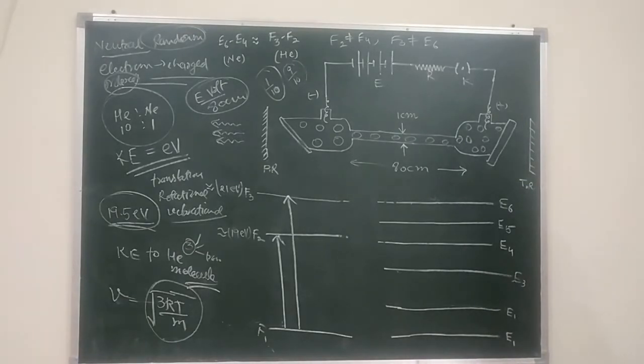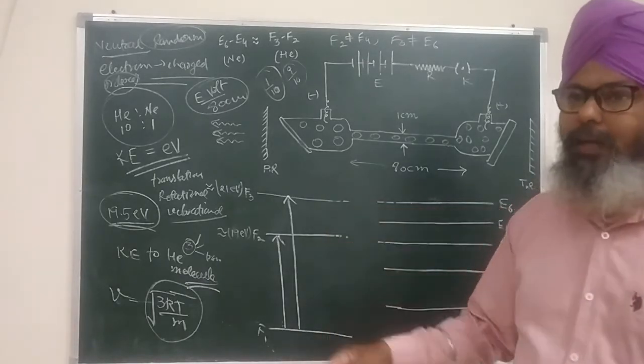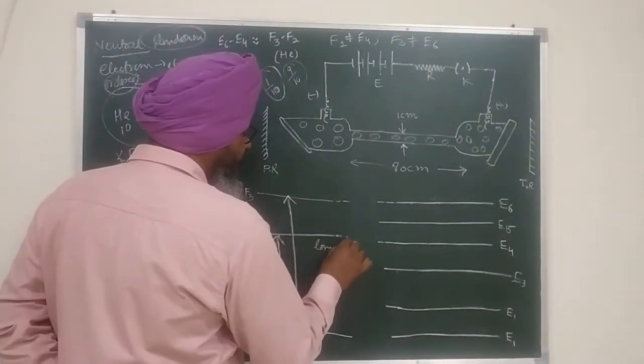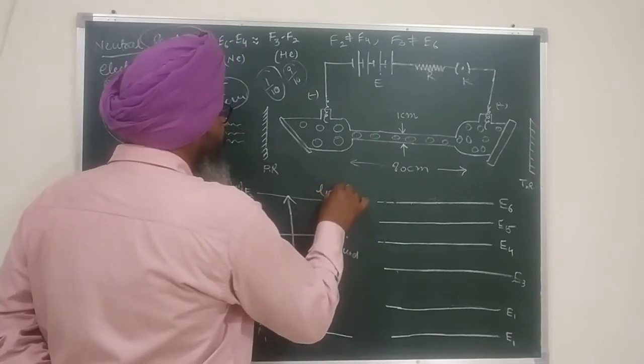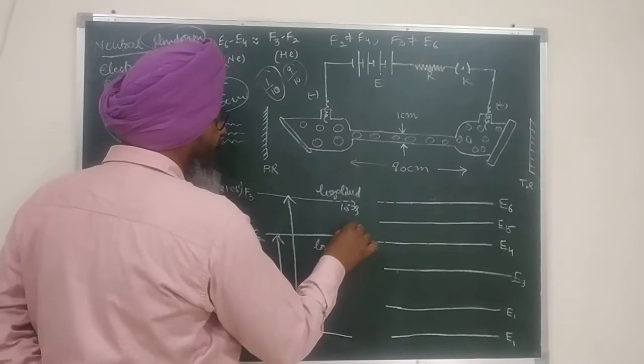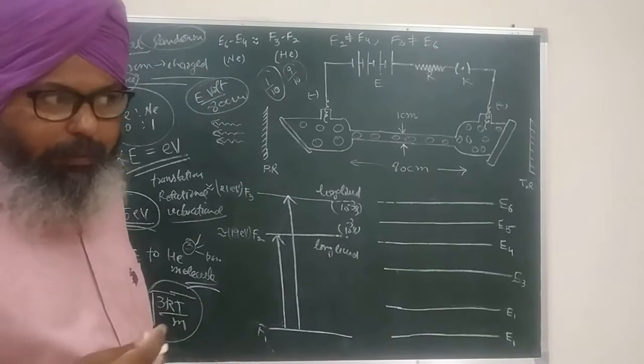It is due to the fact, which I have already explained in my lecture, that the excited states of helium are usually metastable states because of the triplet nature. So kindly remember, both of these states, F2 and F3, are metastable states. These are long-lived states. The lifetime of these states is of the order of 10 raised to power minus 3 seconds. So what is the benefit of this?